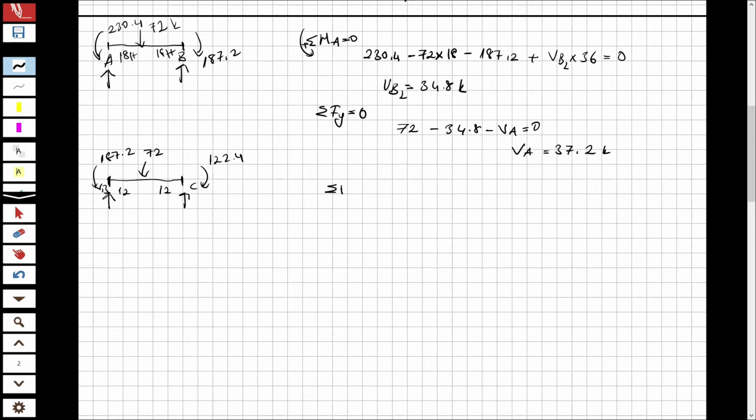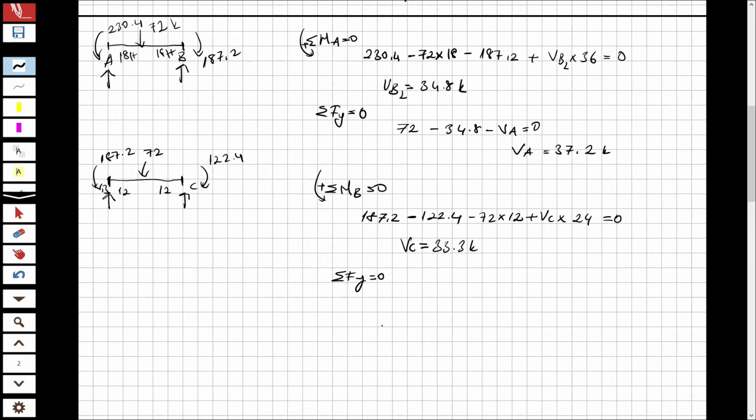So the total moment at B is equal to 0. So 187.2 minus 122.4 and minus 72 multiplied with 12 plus VC multiplied with 24 equals 0. And VC will be equal to 33.3 kips, and the total Fy